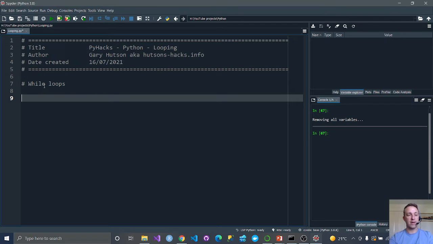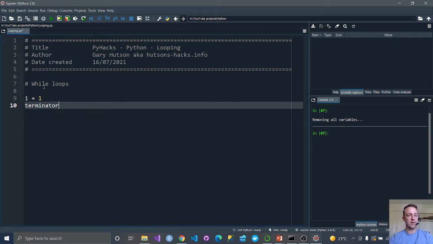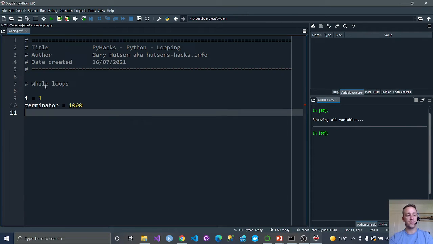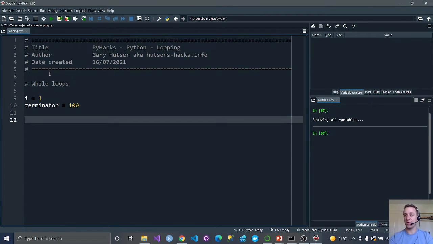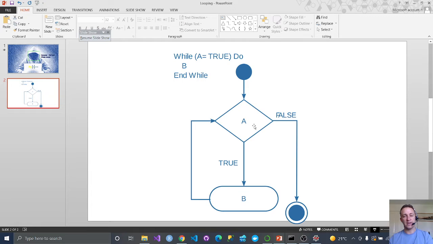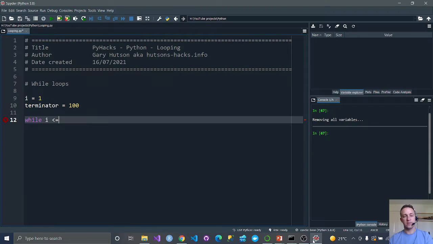I'm going to set my iterator object, so I'm going to call it i, equal to 1. I'm going to have a terminator as well, so where it terminates at, say 100 iterations. For some reason, tab autocomplete's playing with me today. So while i, as we saw in that diagram, so this is the B condition that you saw. Let me just bring that back up again. That's this A condition here. So while A is true, so while i is less than or equal to my terminator, so while i is less than or equal to 100,